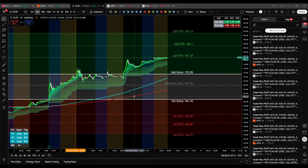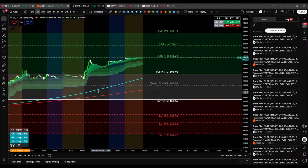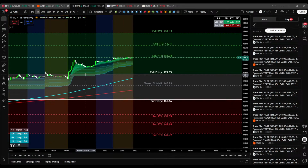We also did PLTR, not quite as impressive as Amazon. I mean, certainly very profitable, but not flying through all the targets within the day as soon as it makes that break and back test. Here we see our break above, a little bit of a dip down close to a back test. Doesn't quite hit our back test level there, but again, seeing those pullbacks and seeing them get bought up, great sign that confirmation is coming, especially on the 15-minute chart, which is what I've got my charts at now. So from there, it ran all the way up very close to PT1. For some reason, stalled just shy of it, but now has gapped up after wrapping up the after-hour session, and is consolidating right up against PT1 there at 181.35,